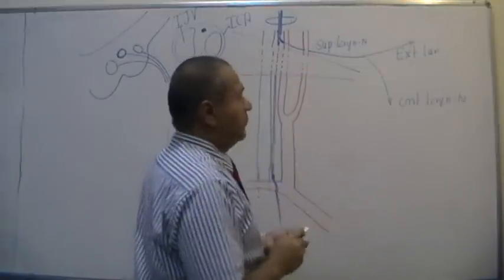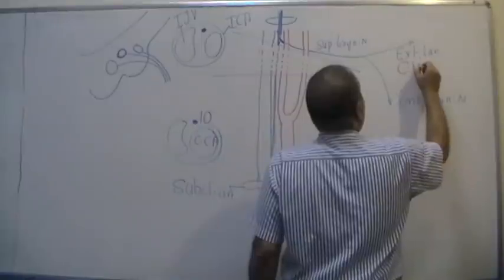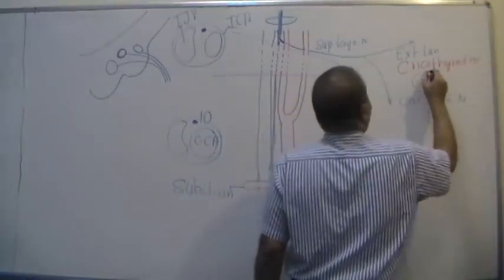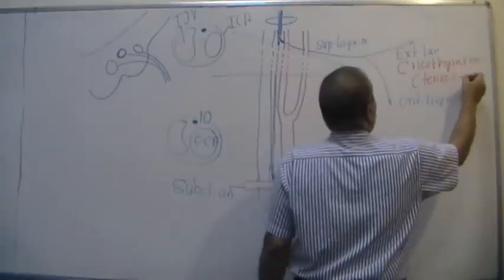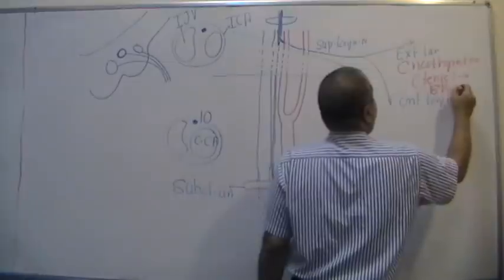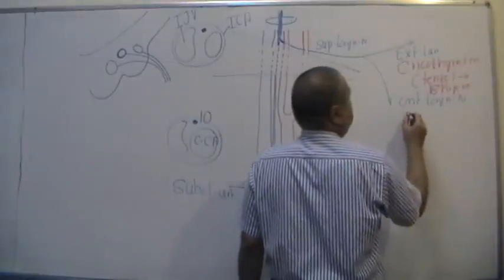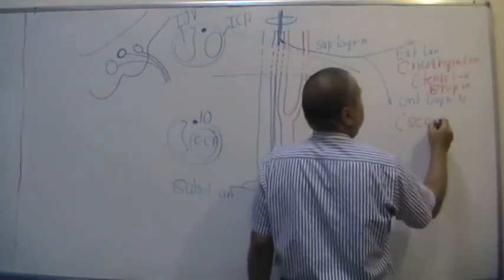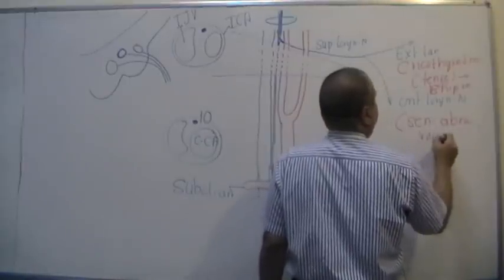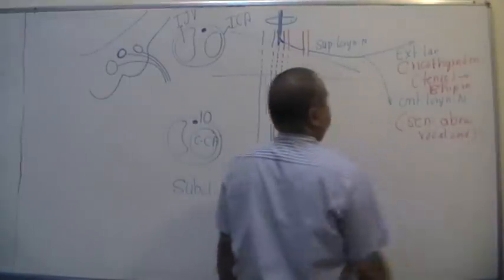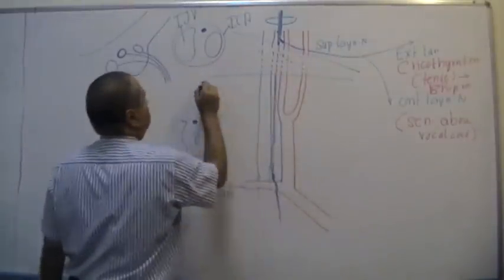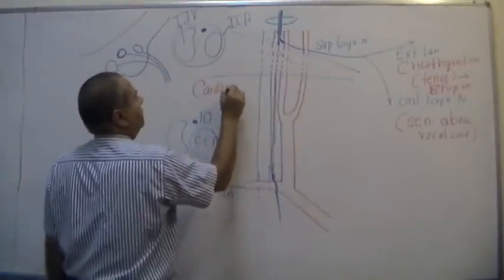The external laryngeal nerve, as you know, supplies the cricothyroid muscle, which is the muscle that tenses the vocal cord. So it's responsible for loud, sharp voice. And the internal laryngeal nerve supplies sensory nerve supply to the mucous membrane of the larynx above the vocal cord. It also gives cardiac branches to supply